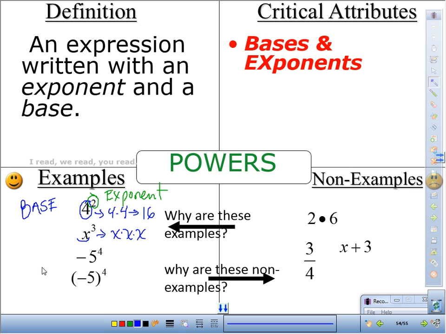So far so good? Okay. Now, look at these two. Do they look similar? Yes, except one with parentheses, one without. And once again,